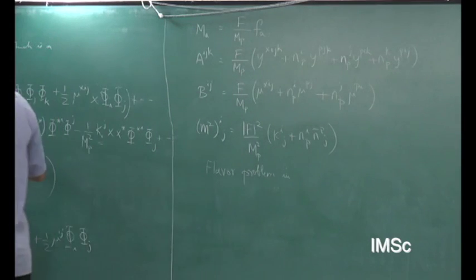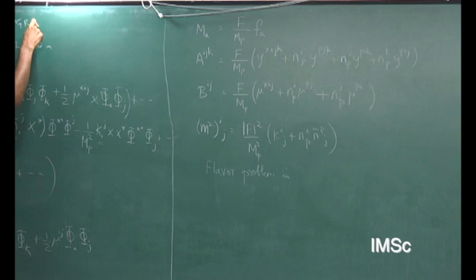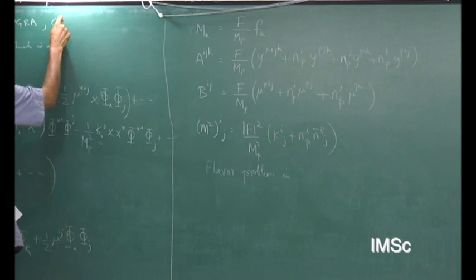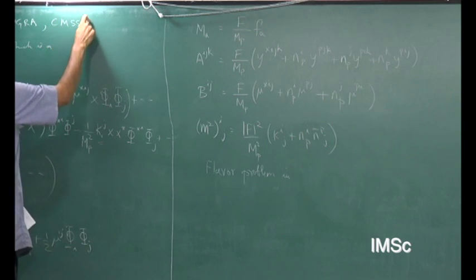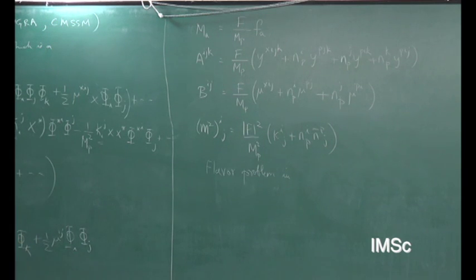So this whole thing is also called M-Sugra, for whatever follows from minimal supergravity, or it's called CMSSM also, which is called a constrained MSSM. So constrained in a special way which is following from supergravity. That's kind of the thing.